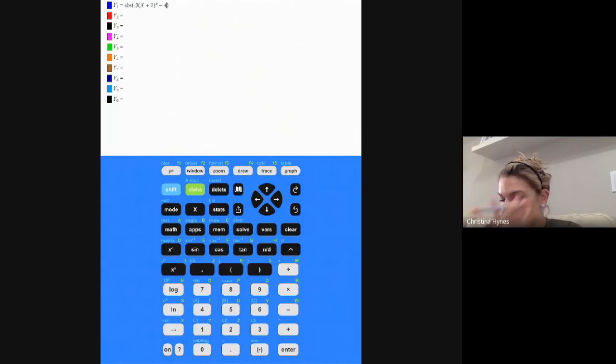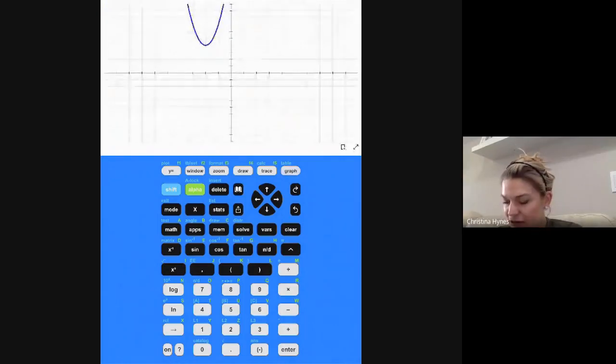So what you need to remember is that all the y's that are negative are just becoming positive for this image. And then when I graph it, the standard window,